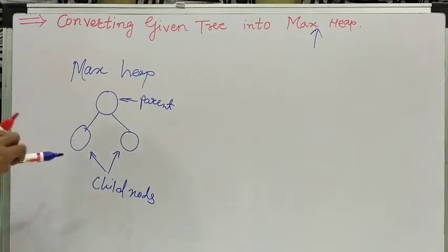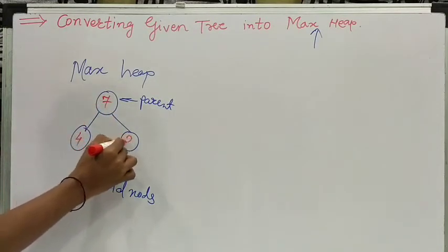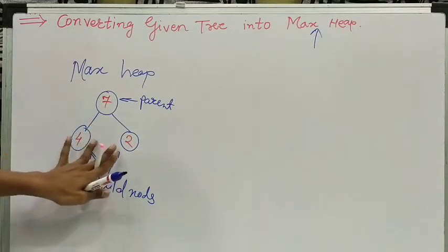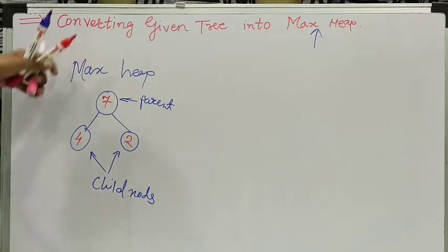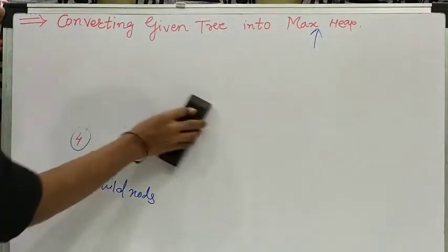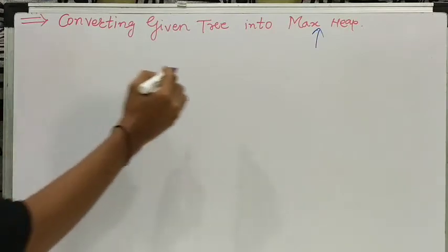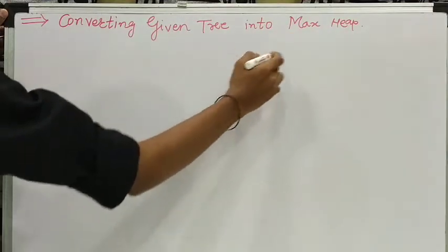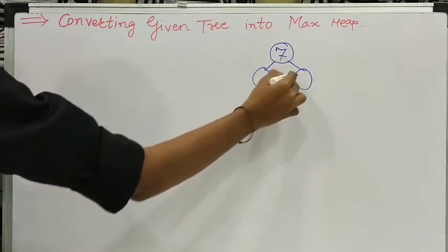So here it may be, suppose, 7, then here it is 4 or suppose 2. It means the value is less than 7. So this is nothing but max heap. So we will convert a given tree. I will take one example. Suppose I have an example as 7, then there are 2,